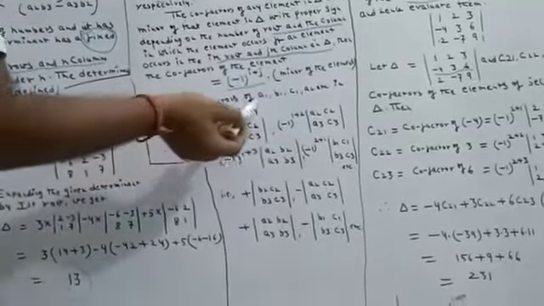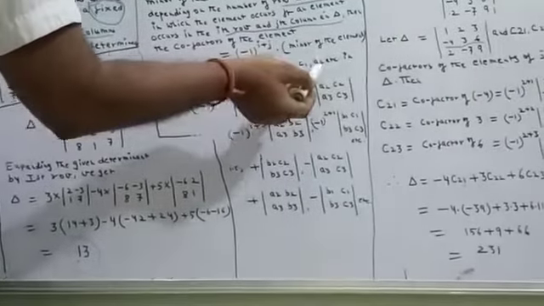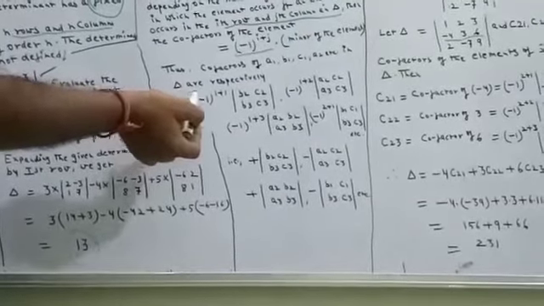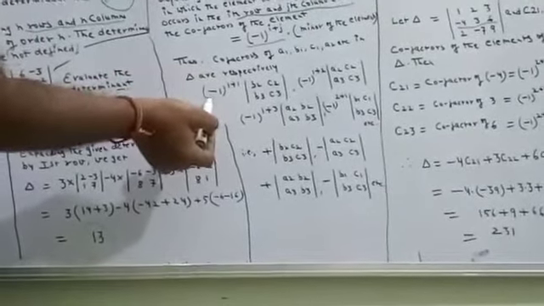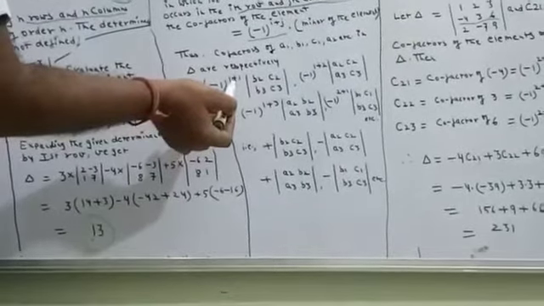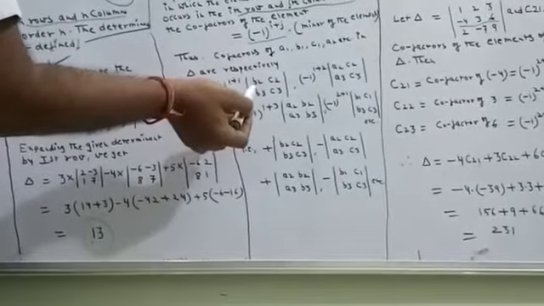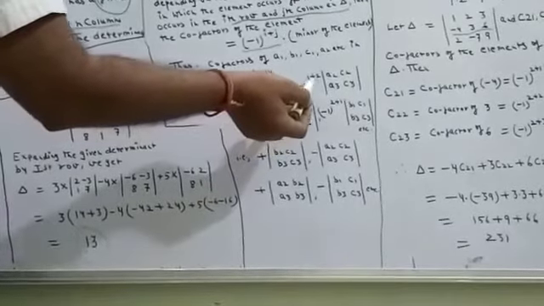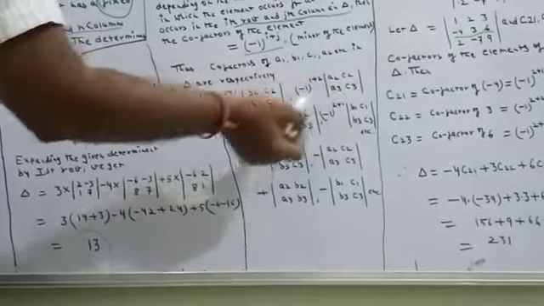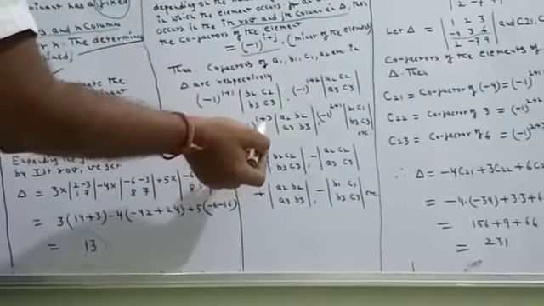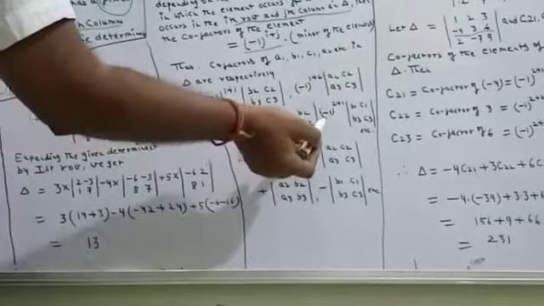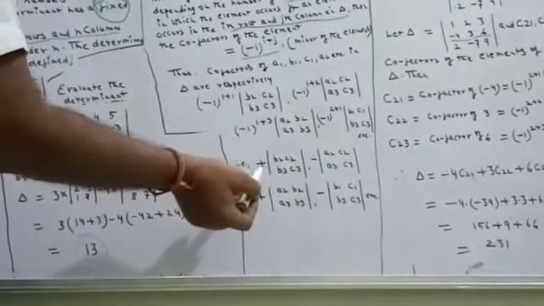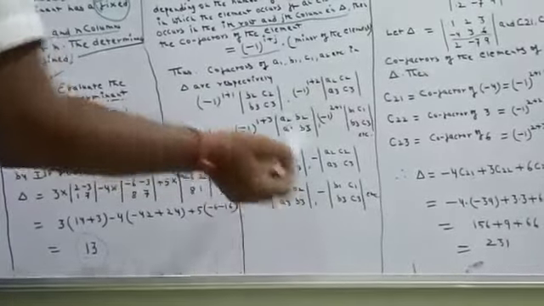Thus cofactor of A1 B1 C1, A2 etc. in delta are respectively this one: minus 1 power 1 plus 1, B2 C2, B3 C3; minus 1 again power 1 plus 2, this one; minus 1 power 1 plus 3; minus 1 power 2 plus 1, this one; equal to in this form plus minus plus minus.